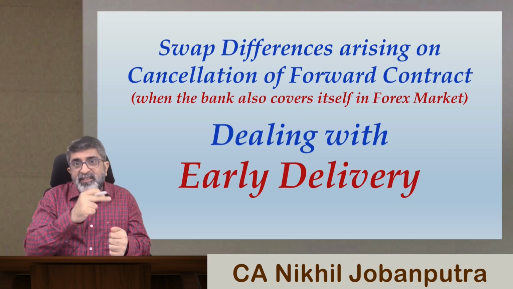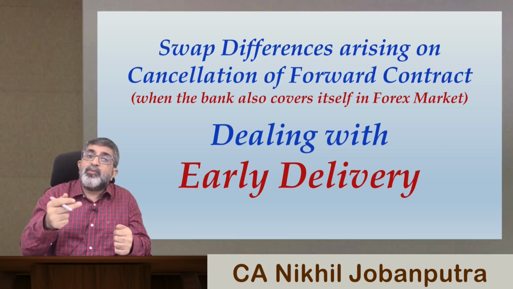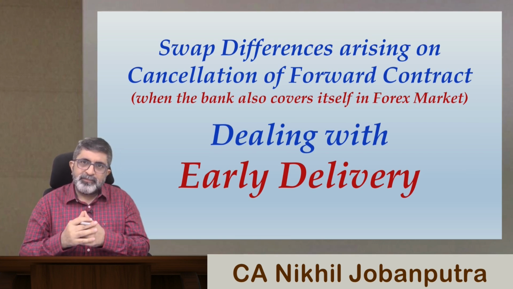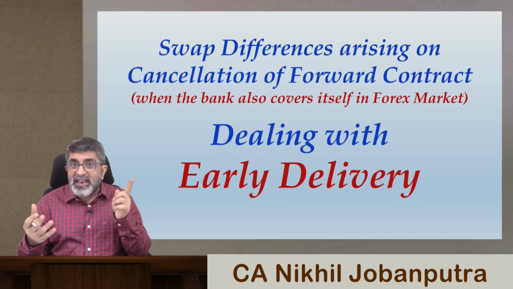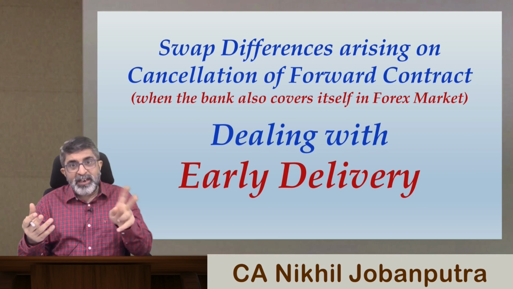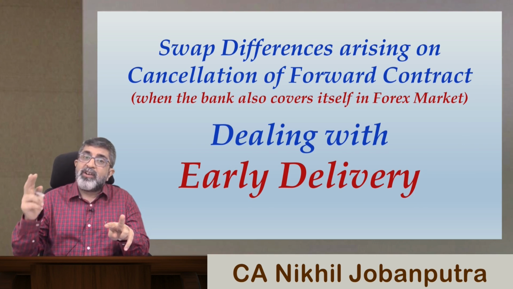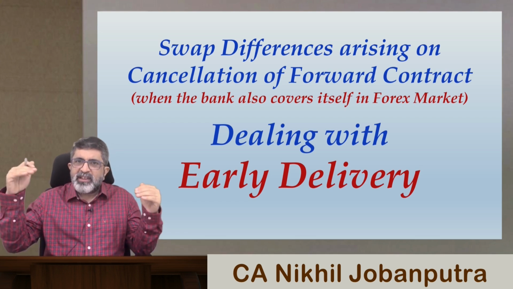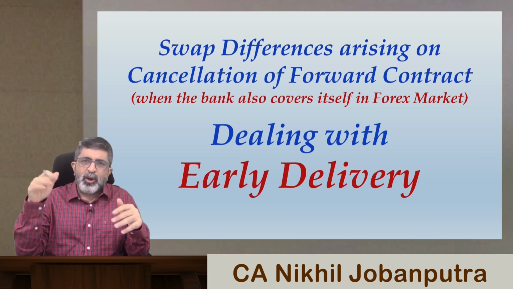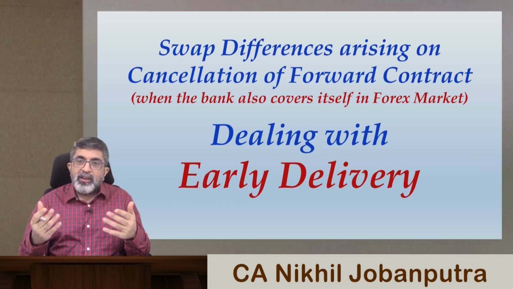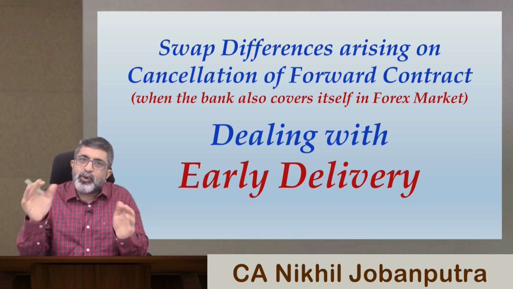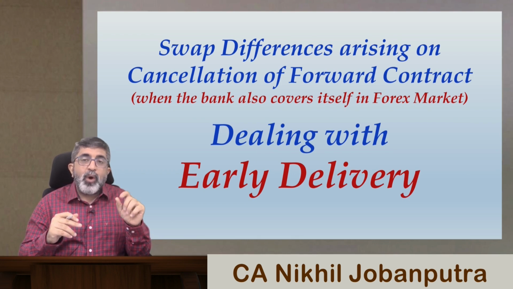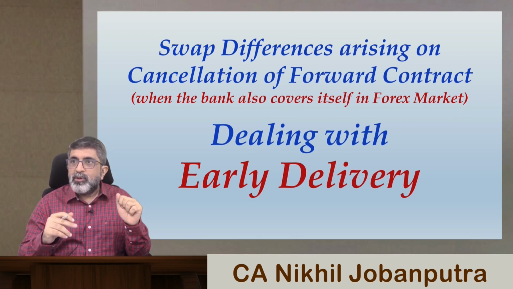The exporter has hedged its position with the bank, and let us assume that the bank has also covered its position in the forex market with some other bank. In that case, if there is any cancellation of contract between the exporter and the bank, there has to be a cancellation of contract between the bank and the other bank in the forex market as well, because there will be a chain of contracts; one gets cancelled, the other also by default gets cancelled. Of course, by default gets cancelled means you have to take action to cancel that. Automatically it won't get cancelled. So what will be the scenario?